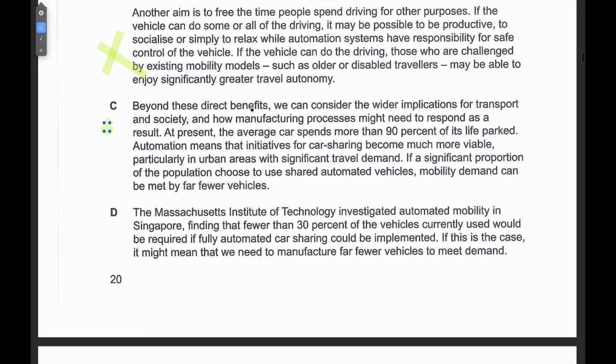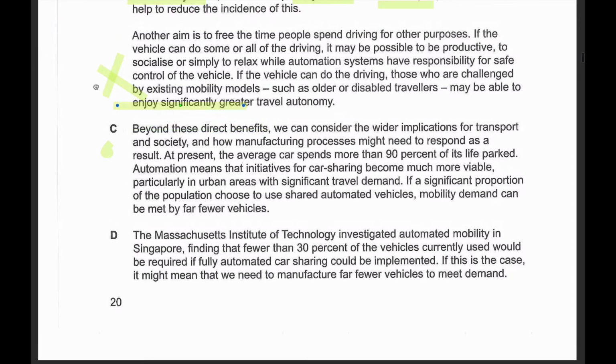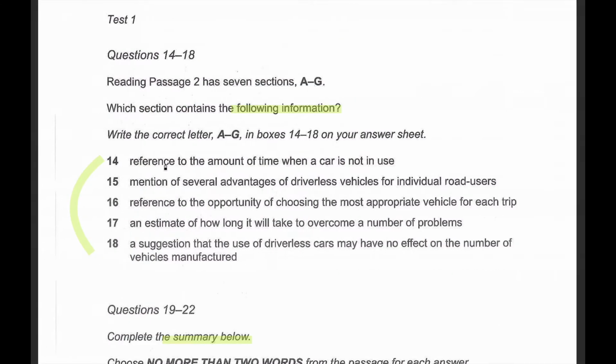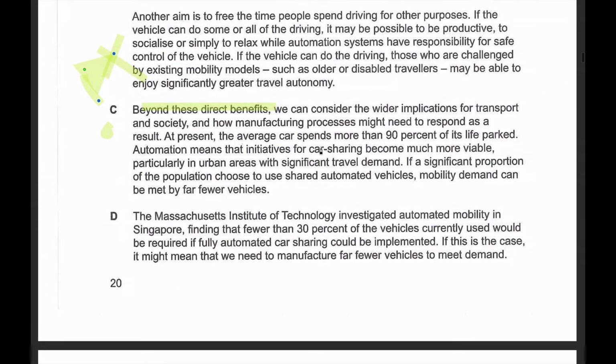Now let's read paragraph B. Beyond these direct benefits, 除了这些好处啊，所以前面在讲好处, right? Okay, so 前面在讲好处, we don't have to read now because we are focusing on questions 15 to 18. We can consider the wider implications for transport and society. 我们可以去考虑到交通和社会的更加广泛的 implication, 它的启发。How manufacturing processes might need to respond as a result, 就是我们全部自动化之后呢，这个生产过程应该如何去反映这种自动化。